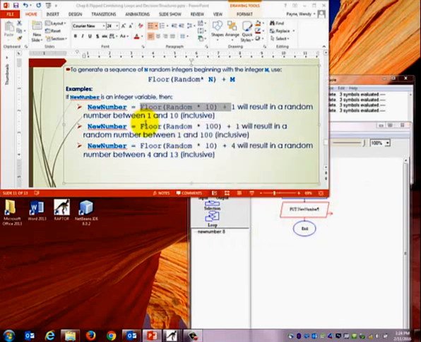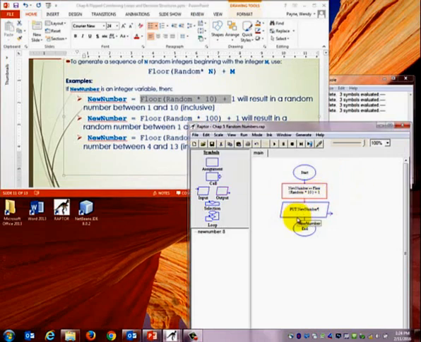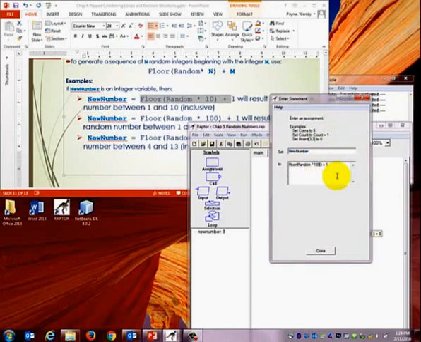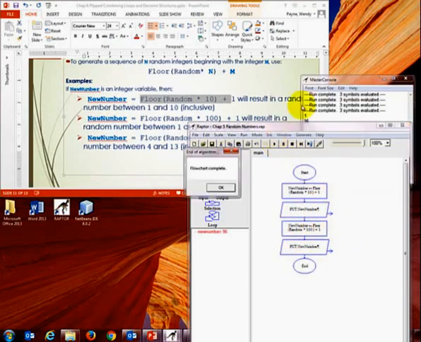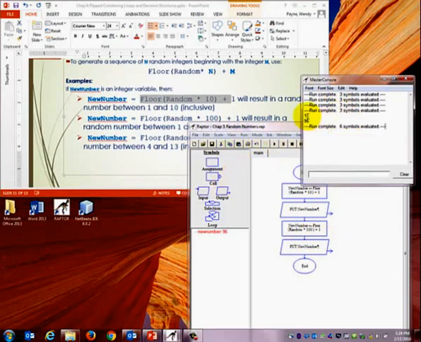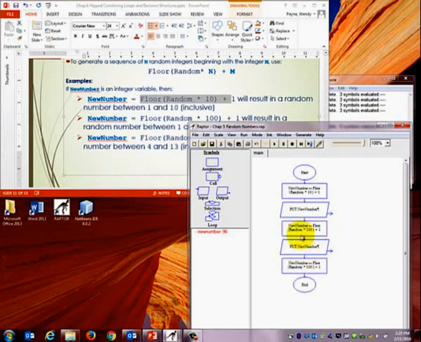I'm just going to output new number. And now I'm going to repeat it for random times 100, which will generate something between 1 and 100. I'm going to simply copy this and change my 10 to 100. And then I'll output the new number as well. So now when I run it, you can see that my first one will generate a 1, my second one will generate a 96. And now I'm going to take my last one and put it in here, and do the same with my